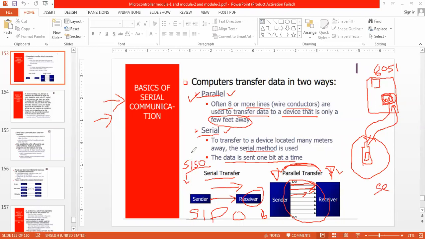And we know the circuitry for SISO, SIPO, PISO (parallel in, serial out), and PIPO (parallel in, parallel out), right? But here in 8051, the 8051 supports us in terms of serial in, serial out communication, so the communication happens in that way.